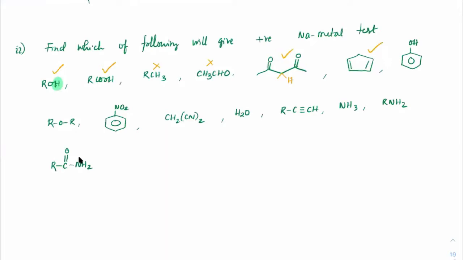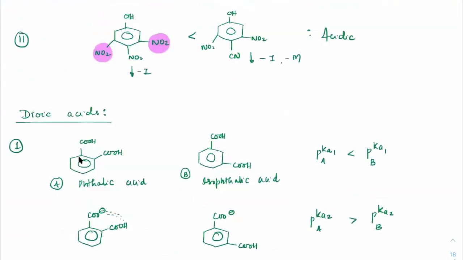An sp2 carbon and hydrogen does not create an electronegativity difference of 2. Here we are expecting the electronegativity difference should be at least 2. Phenols, yes, this is a highly polarized hydrogen, it will give. This won't give. Here there is no hydrogen. Here we have learned just now that this hydrogen is highly acidic. We have just put that case here.